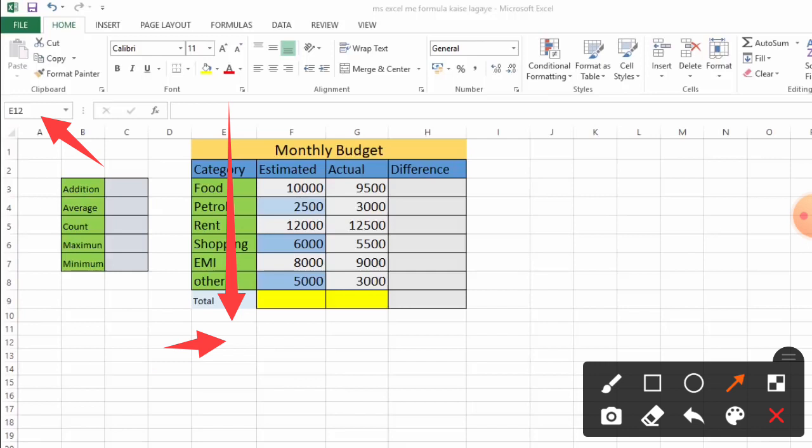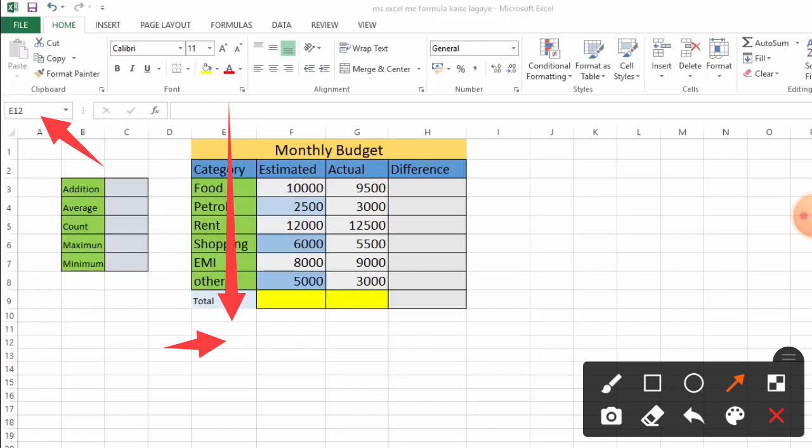Okay students, it is very important to understand every cell address name. If you want to do calculations in MS Excel, it is very important to understand the cell address. How can we get the cell address? As I told you, by combining the row and column names together, we get the cell address. Understand? Now let's see the use of formulas in MS Excel.